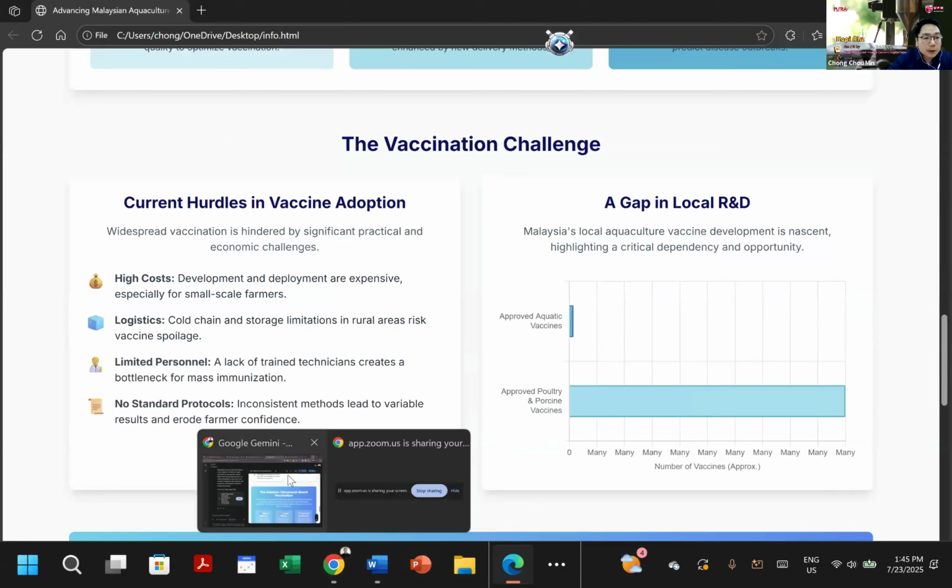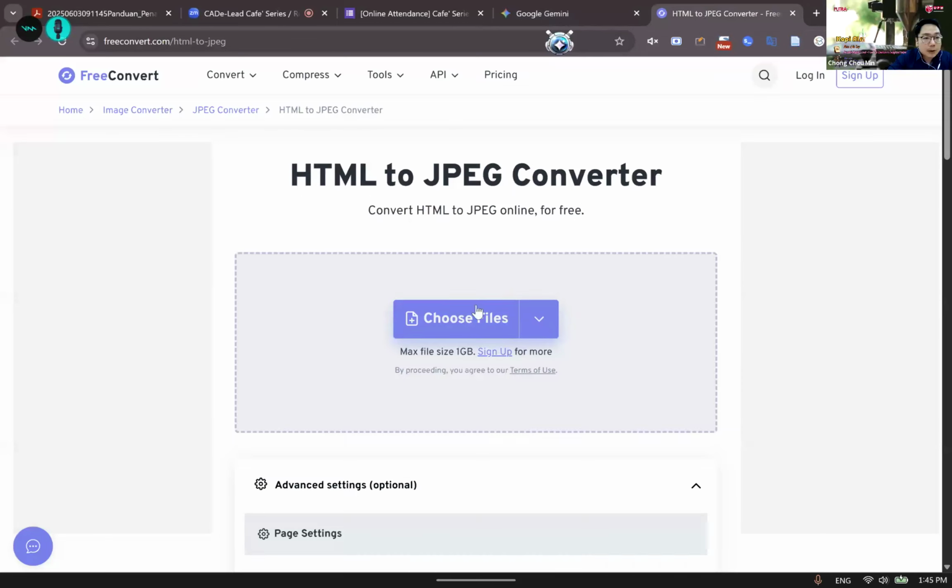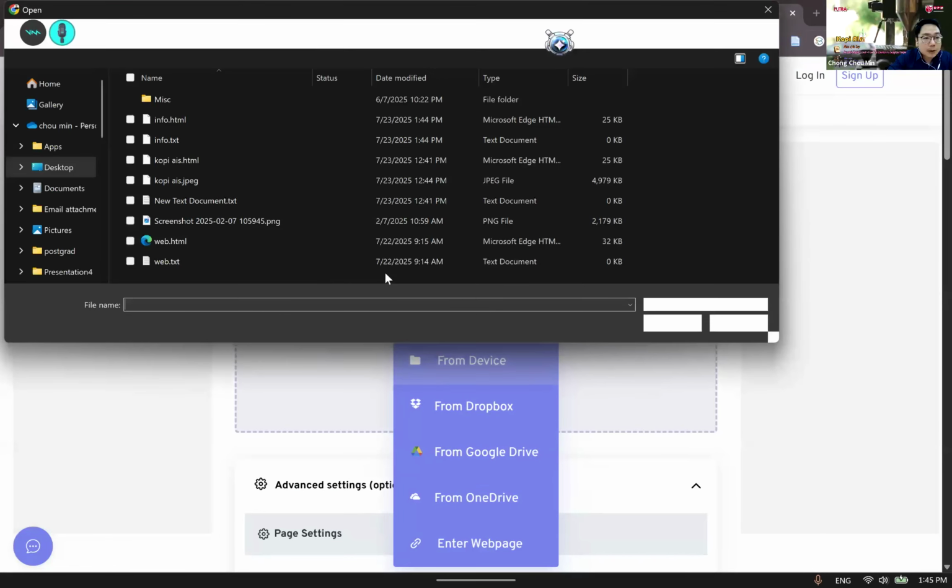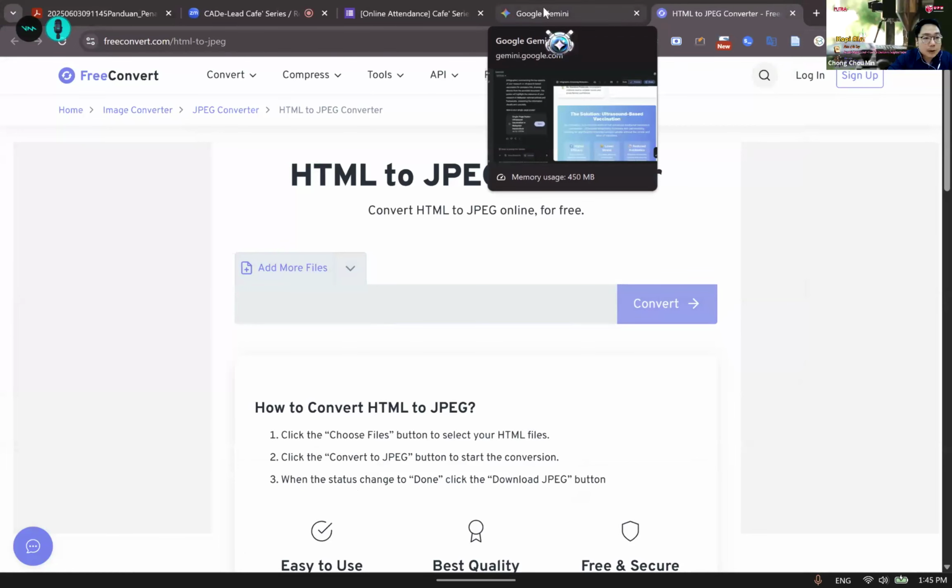You just upload from your device your HTML there, and then you convert it to JPEG. So you can download the JPEG for your grant. Otherwise, you can also do